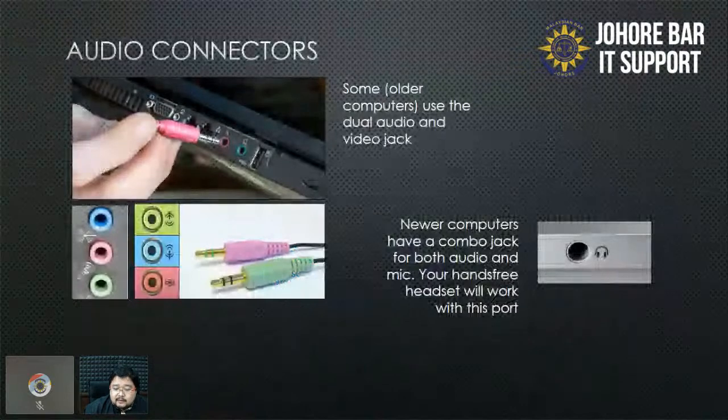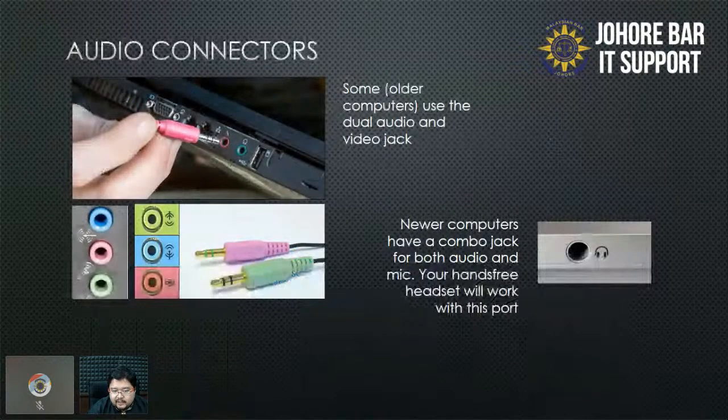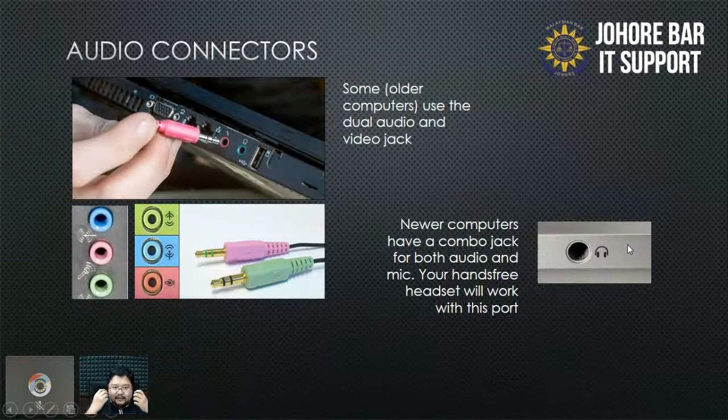Just as a reminder, when you do buy a microphone, you check on your computer how the port situation is. Sometimes there's just a single port like this one. So this one you have to buy one with a combo jack. I mean, when you buy your headset, it comes with one wire that you can plug in. It's both microphone and speaker. Sometimes it's double, so you've got to get a separate microphone and separate headphones. Then sometimes there are splitters as well. So don't worry so much. Take a picture of it, take it to the shop, tell them it's just compatible, and then they'll give you the right one. Right, next.